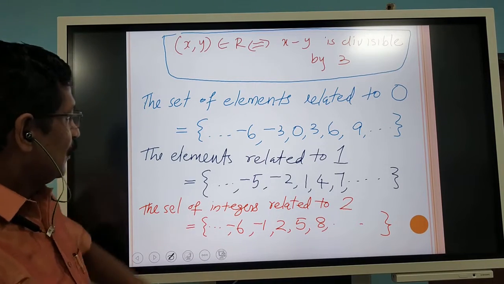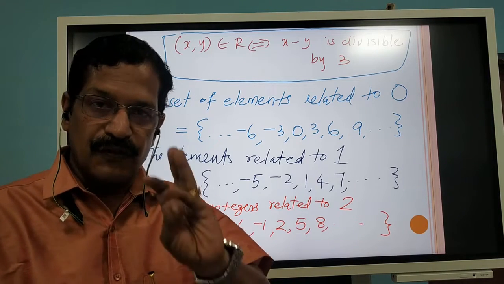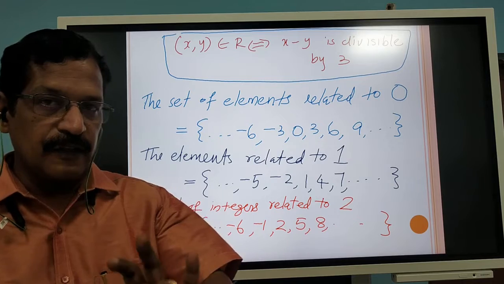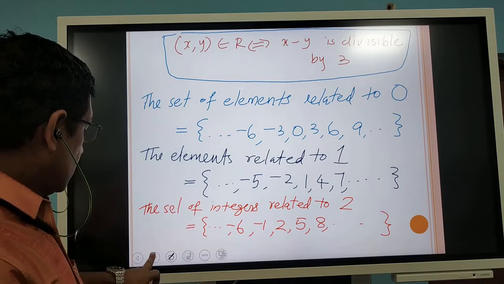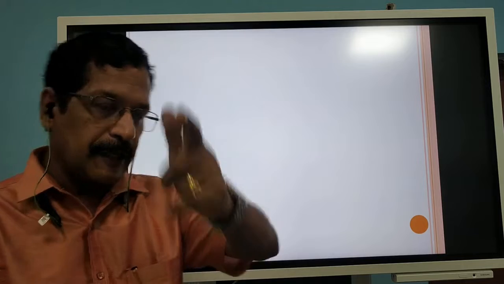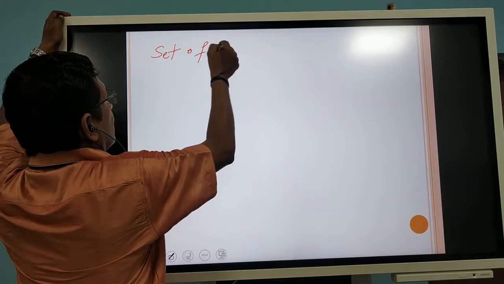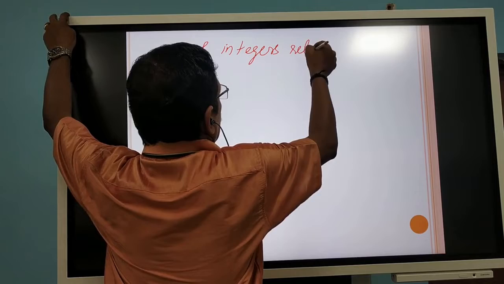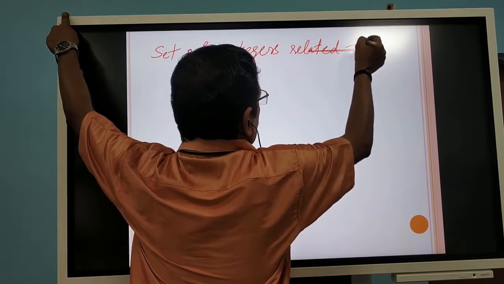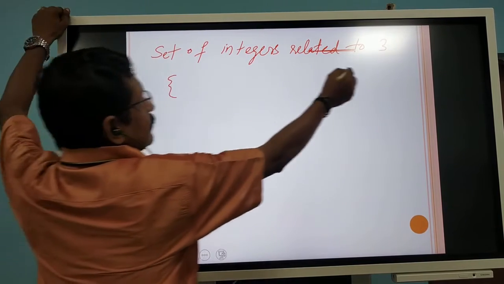Why? Because now we got 3 sets of integers: the first set is related to 0, the second set is related to 1, and the third set is related to 2. May I take another set also? The set of integers related to 3. That is, now clearly we can write